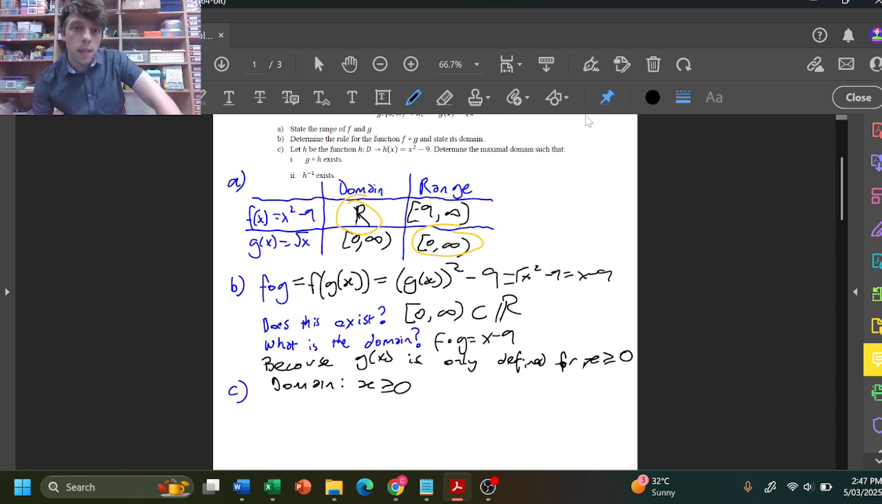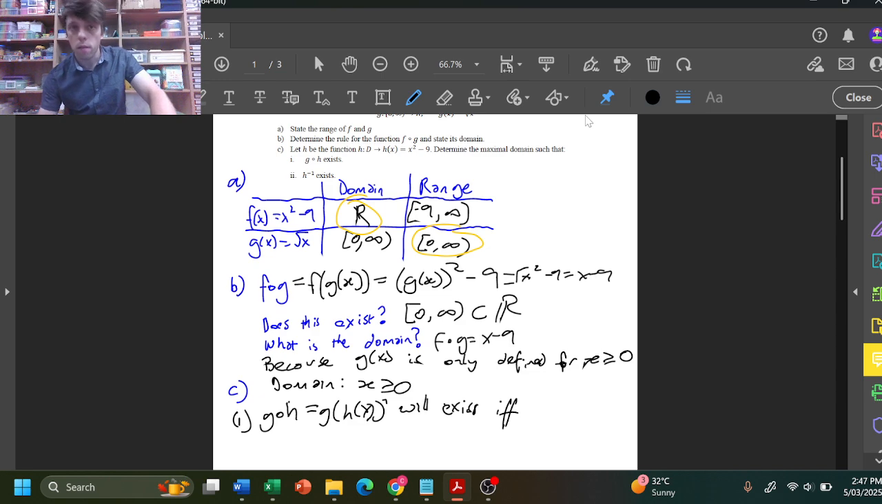All right, so now we say let h be the function D to R, where h of x is equal to x squared minus 9. So this is like f from before. We need to determine the maximal domain such that g of h exists. G with an input of h of x. So when will this exist? When will this exist? Well, this will only exist